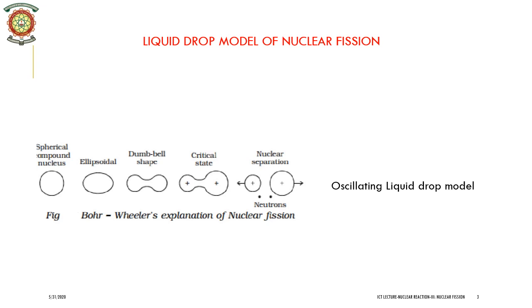If, however, the additional energy is large, the compound nucleus is set into oscillations, causing it to be distorted as shown in the figure. These oscillations build up and cause the nucleus to attain a dumbbell shape. Eventually, the nucleus splits into 2 smaller fragments. Each fragment is a nucleus in itself, along with the emission of a few neutrons and energy. Unlike the case of a liquid drop, we should remember the fragments in general are not exactly equal in mass. The explanation of the asymmetry in the mass of the fission product is beyond the scope of this lecture.